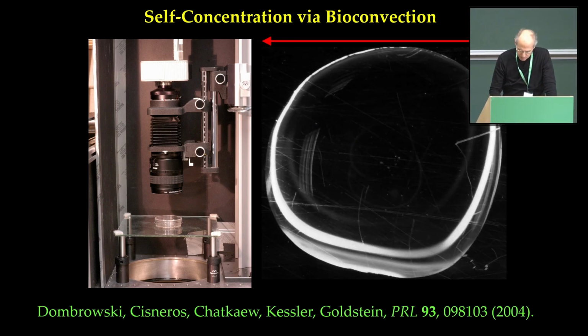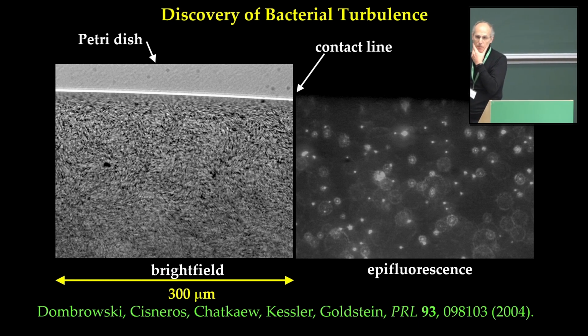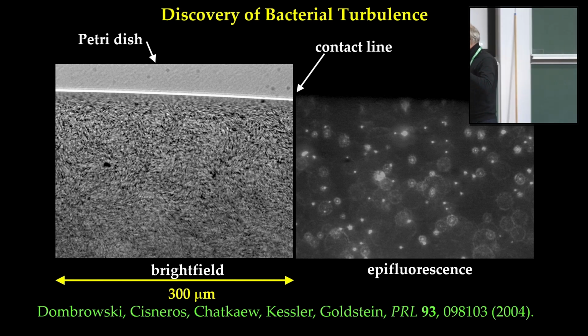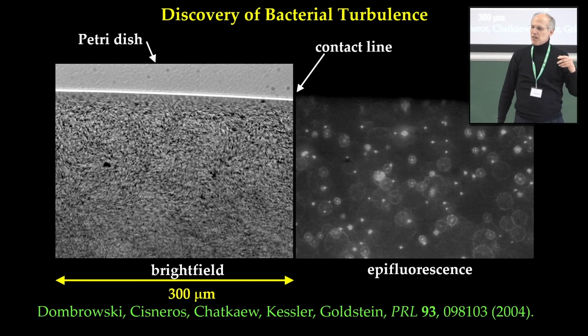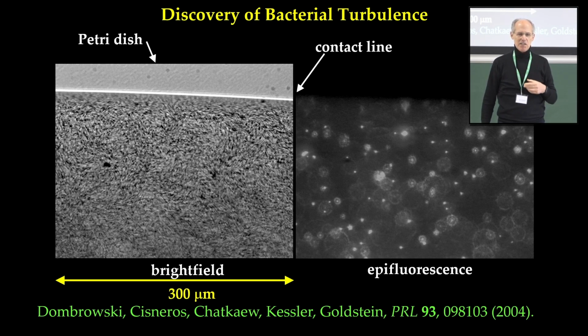And what we discovered with John was something which is now called bacterial turbulence, and Sriram mentioned this before. He made the usual comments that, well, I'm not quite sure whether it really should be called turbulence. However, speaking of astrophysics, which is represented in this audience, my friend, the late Ed Spiegel at Columbia University, when I first told him about this and said, well, I get a lot of pushback for calling it bacterial turbulence,